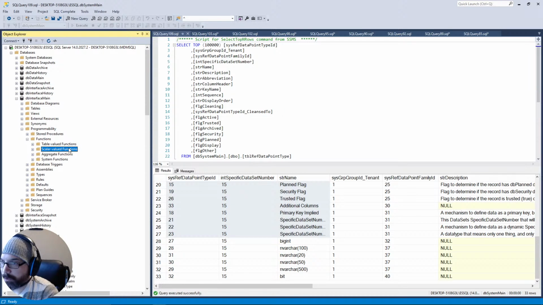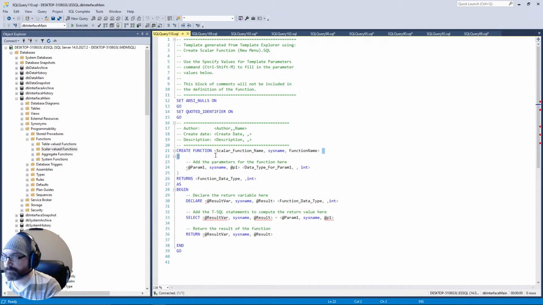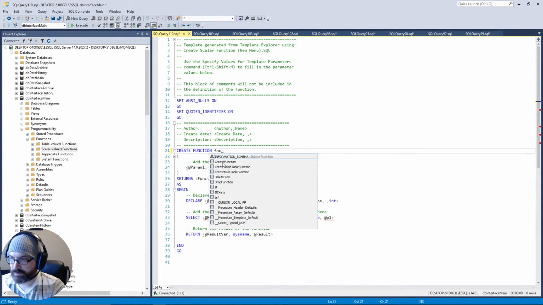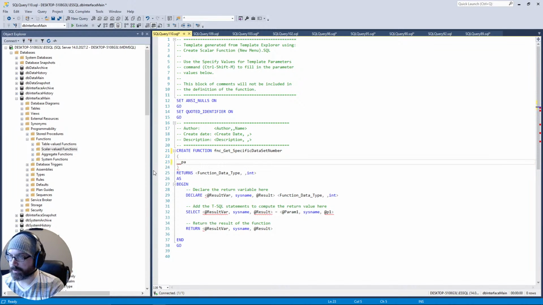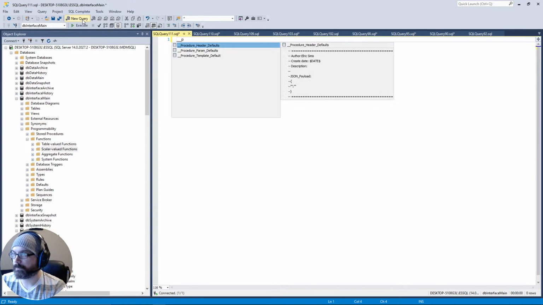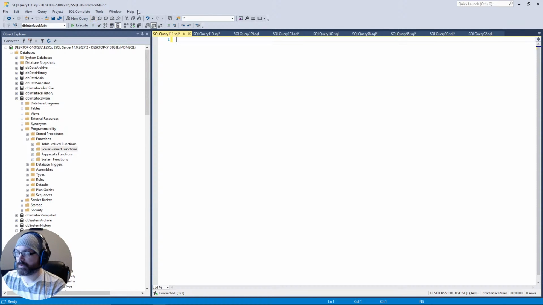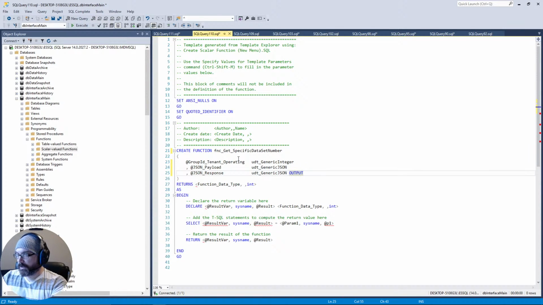It should be pretty simple. New scalar function, FNC get specific data set number. Actually, all I have to do. So I will give it my, come on now. Is this off? No. It just doesn't want to work in there. So this is the only things that I'm using,